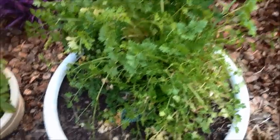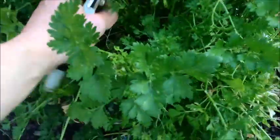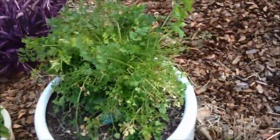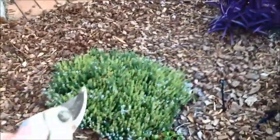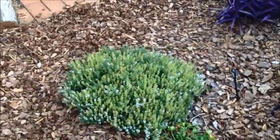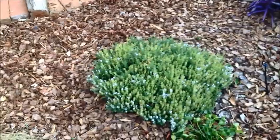Because it was going to seed, and some bits of it still are, but it's good. But it was massive. It was like this tall, even taller, like twice as tall as it is now. Over here, I have thyme, and a lot of the flowers had gone on that, but it was...